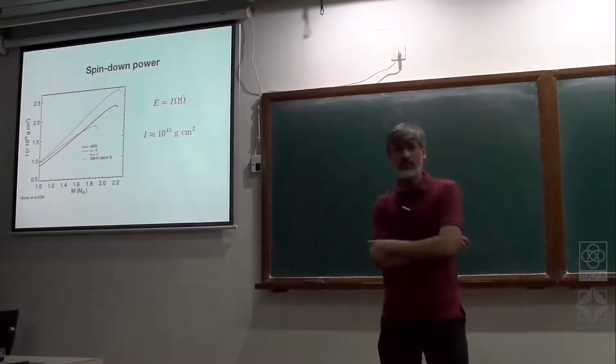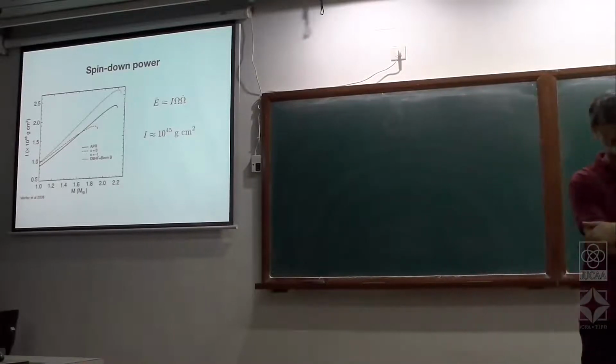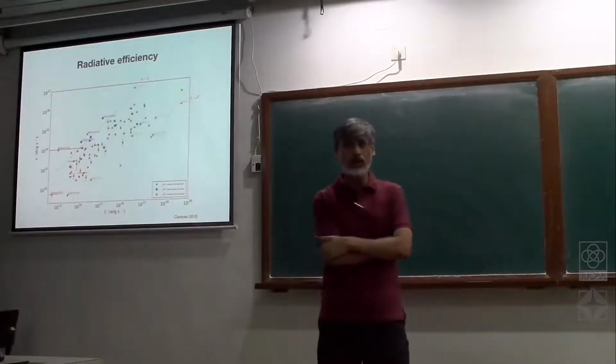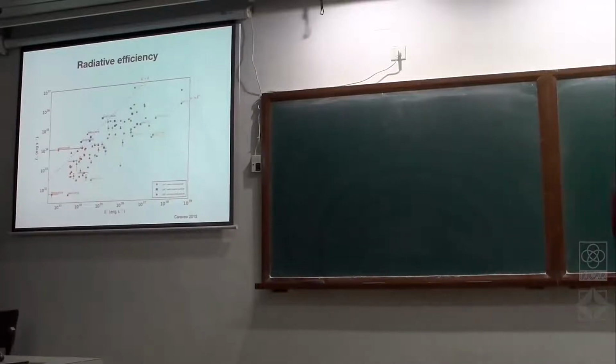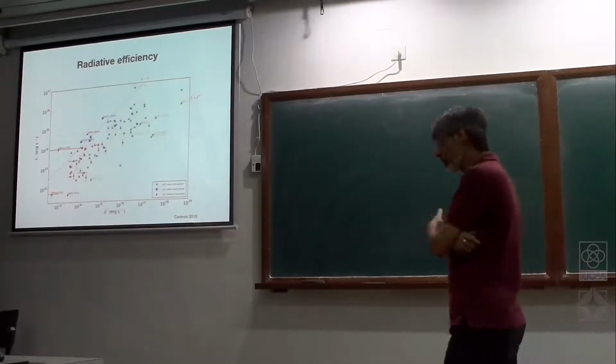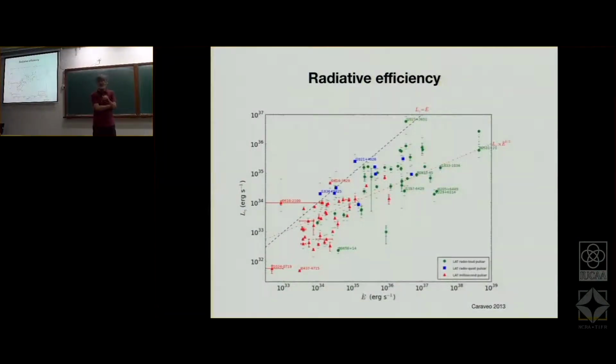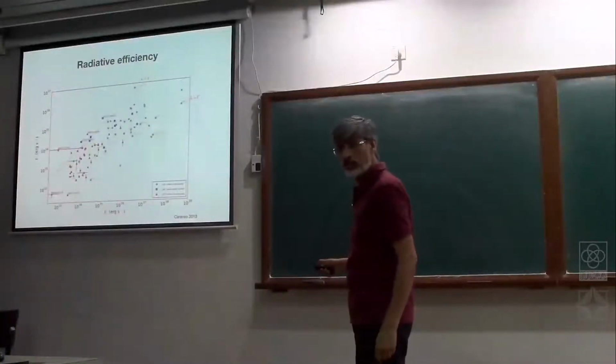Now, how much of this is being seen in the radiation that we are talking about? Let's take a look at that. Here is a plot of radiative efficiency. This is the total radiative power in the radiation emitted by the pulsar. Radio contributes a little bit, but it is so small compared to the total that it doesn't matter whether you add the radio or not in the bolometric emission. It is dominated by high energy emission. On the vertical axis is the luminosity.